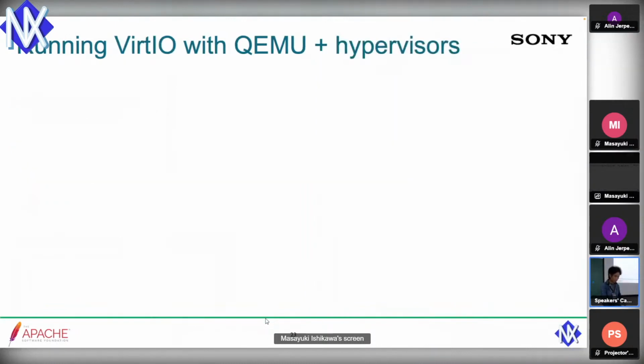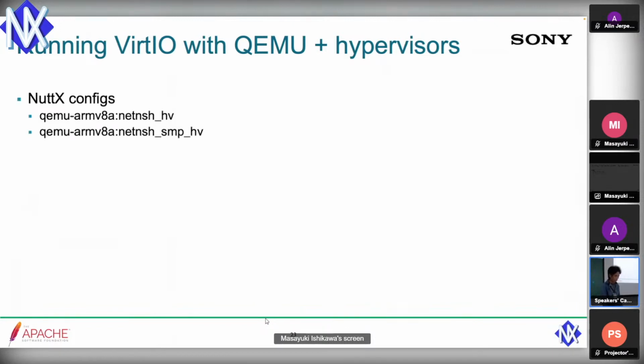So far, I've discussed how to run VirtIO QEMU, but it does not use hypervisors. In this slide, I discuss how to run VirtIO QEMU plus hypervisors. To run NuttX with hypervisors, I created two configs, such as qemu-armv8a:virtio-nuttx-hv, which means the hypervisor, and qemu-armv8a:virtio-netshare-smp-hv, with the SMP option. Running QEMU with a hypervisor will improve the performance